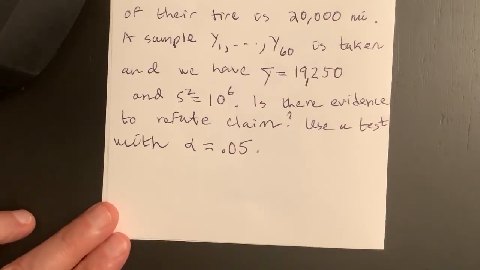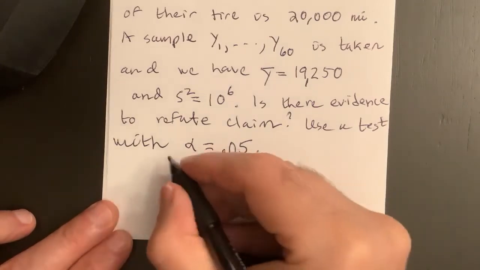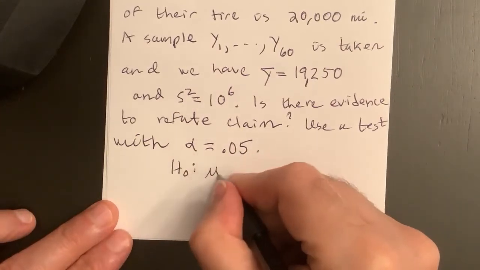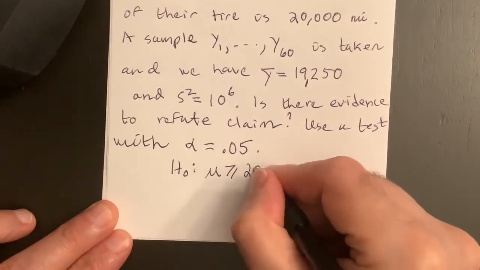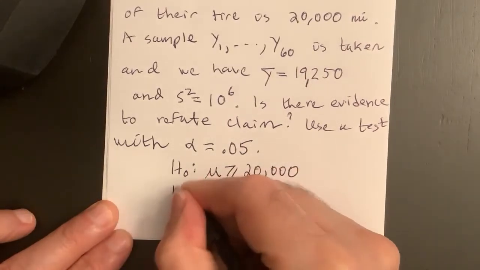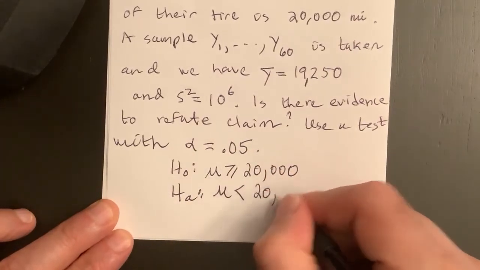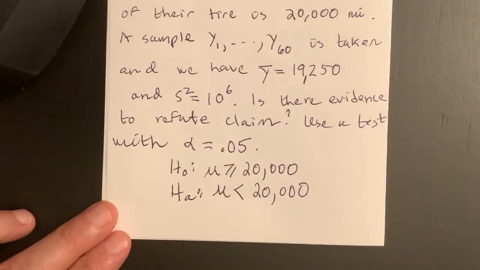So remember, we want to try to reject the claim. We want to start with the claim, and we don't want to be like a nasty person and say they're wrong and then make them prove they're right. We're going to say, okay, suppose they're right. Do we have enough information to reject the claim? So the null hypothesis, which will include the equal sign, will be mu is greater than, we'll give them the benefit of the doubt, greater than or equal to 20,000. And the alternative hypothesis will be mu is less than, not equal to, but less than 20,000, okay?